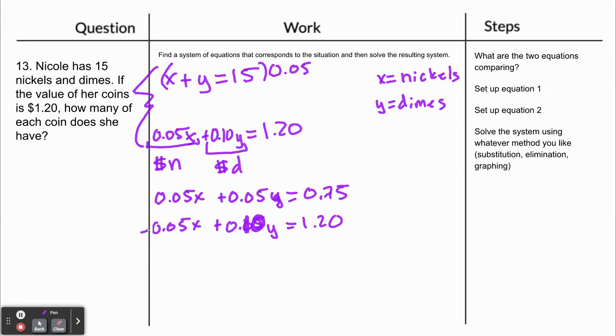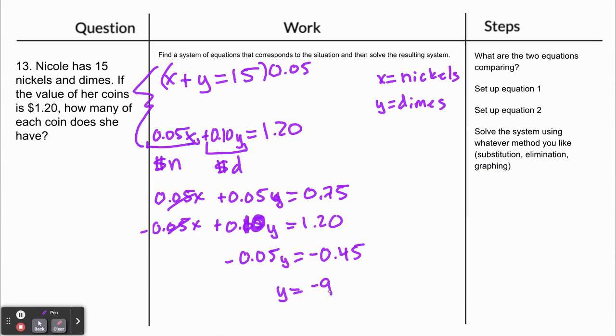So now that I have multiplied the top equation by 0.05, I'm going to subtract the two equations so that I can solve for y here. These end up canceling out. I get negative 0.05y. Then I subtract these two and I get negative 0.45. And then I'm going to divide both sides by 0.05, which ends up giving me y is equal to